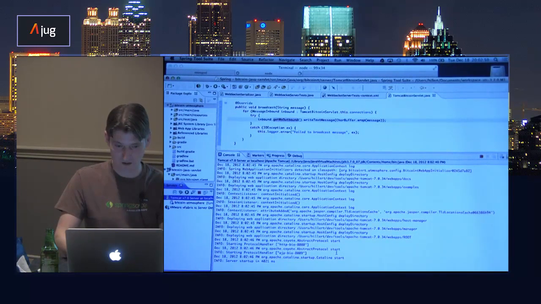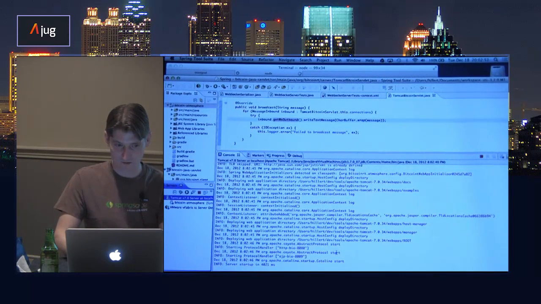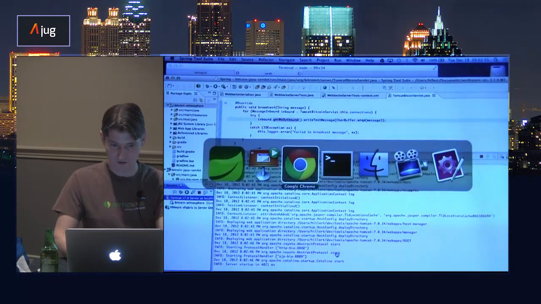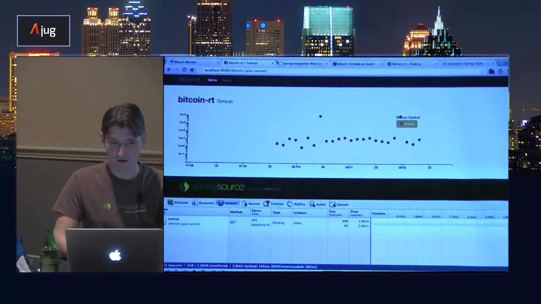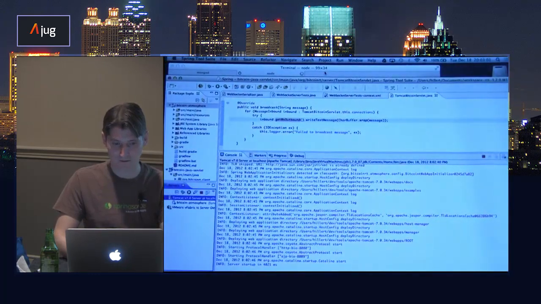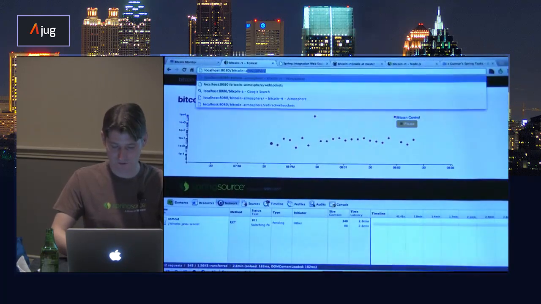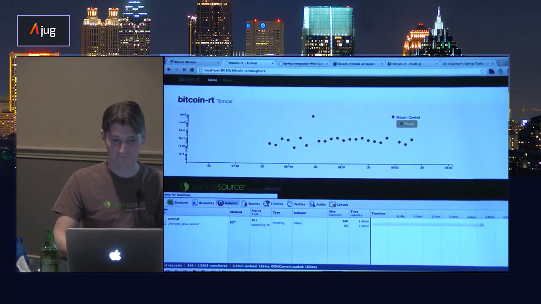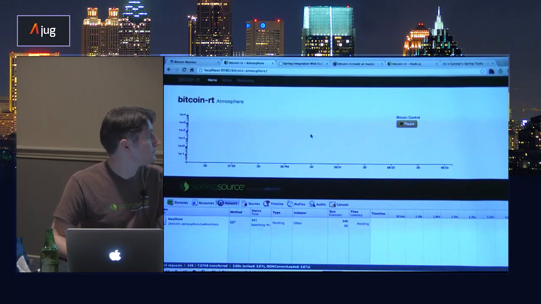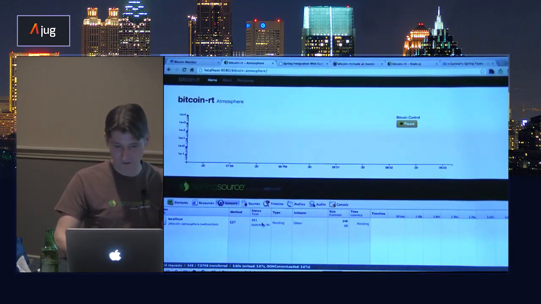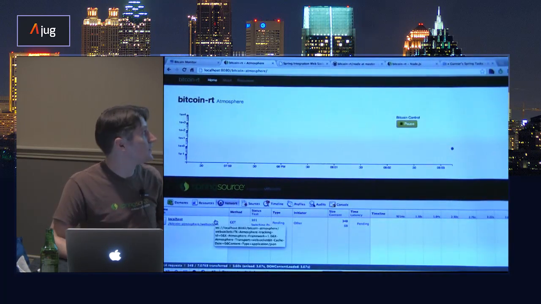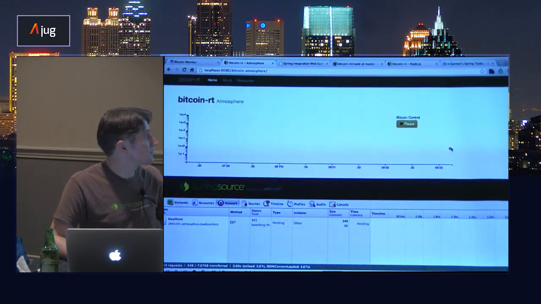And we should see data coming through, I think. Let's see. Okay, we got the switching protocol, and also see trades coming in.